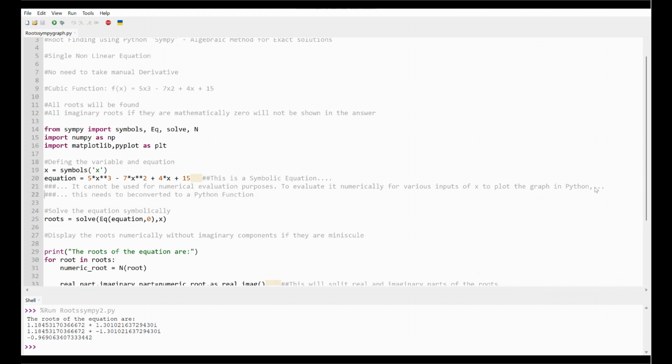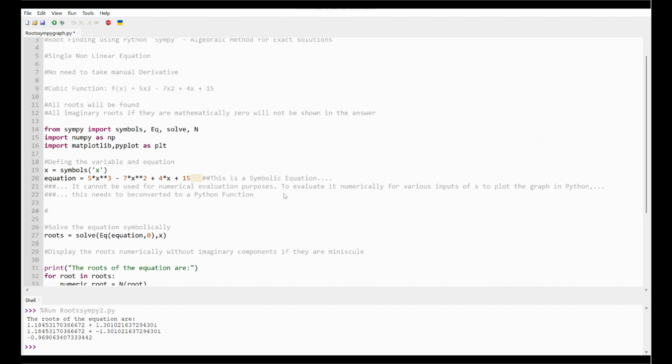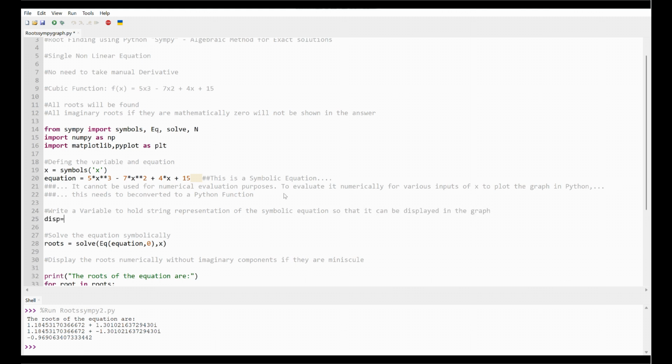And then on the graph, I want the equation, or the function, to be displayed. So I will create a variable which is basically the equation itself, which will be displayed as the title of the graph. So I will say disp, short for display, and then I will type the equation over here, 5x cubed minus 7x squared